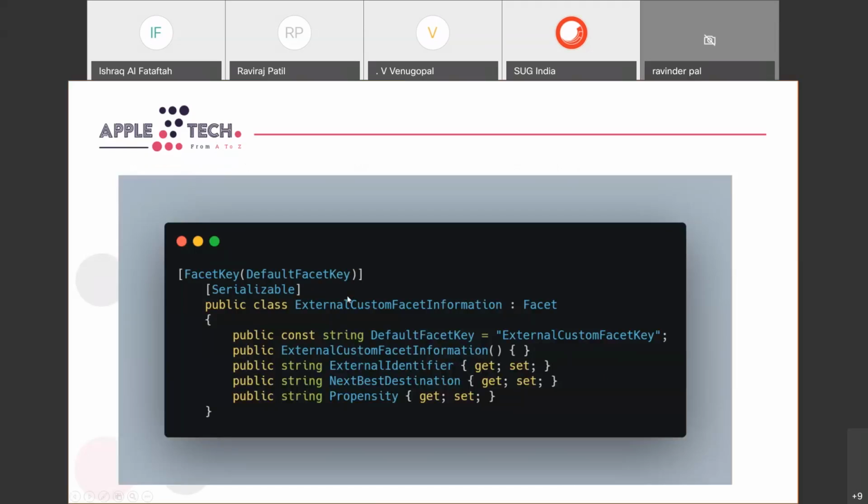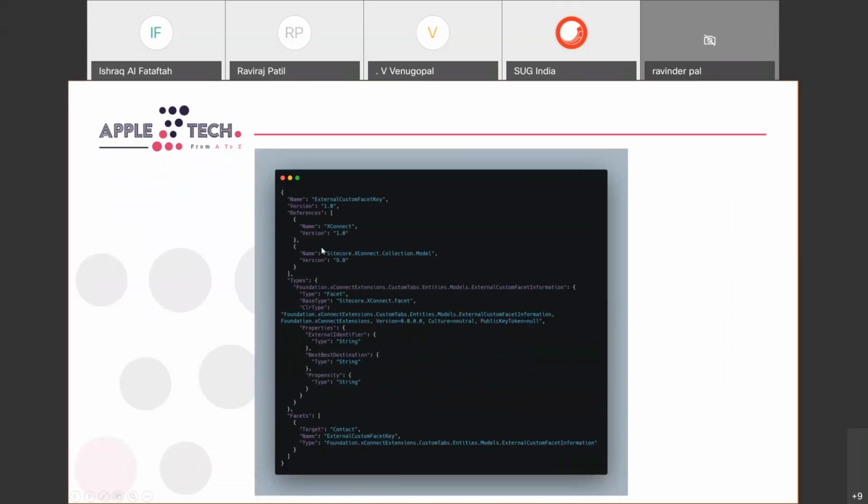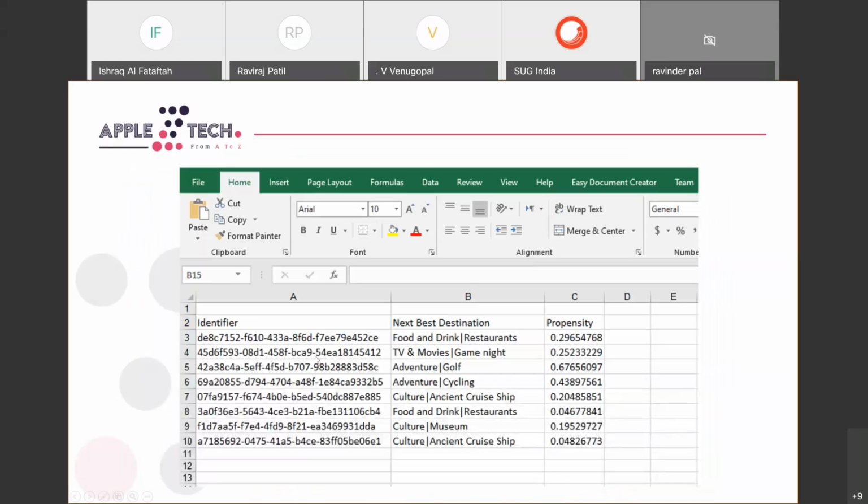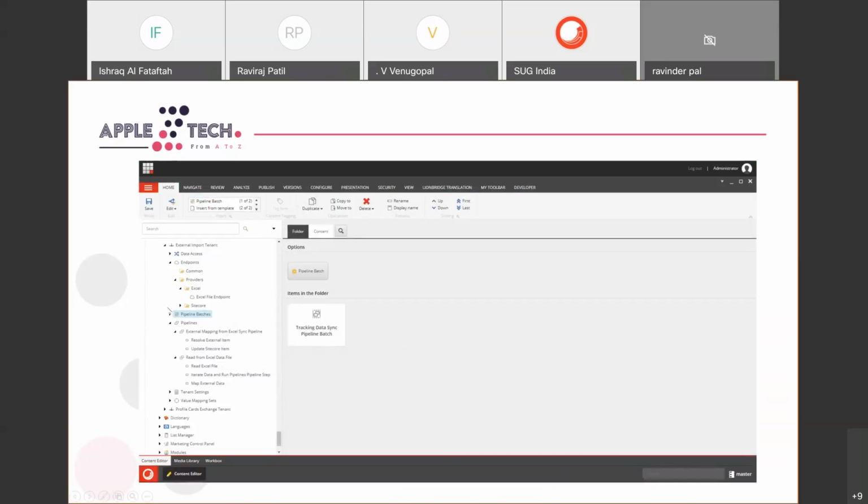It's about creating the different facets, making sure that this new facet is stored in the xDB, and all of this can be added and stored in Sitecore. And you can get this in terms of an Excel sheet or whatever medium you think is best. We worked with this because the tool makes it easy for us to export all of these into an Excel sheet. So again, through the Data Exchange Framework, we've created another pipeline that helps us map this information that came from this third party into the